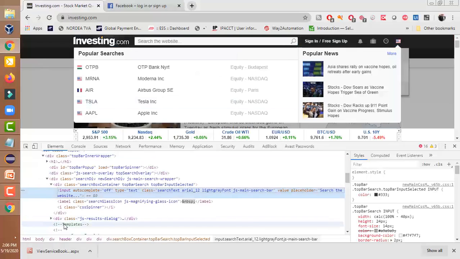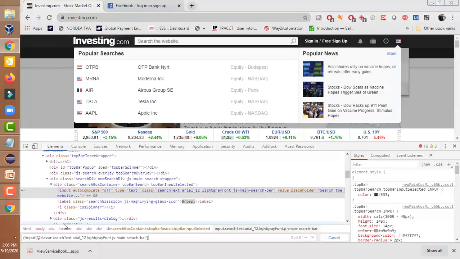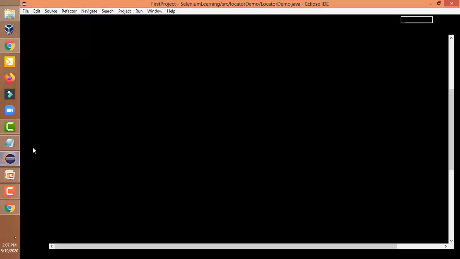Press Ctrl F, then Ctrl V. So one of one means it has found the element uniquely, so we can use this XPath. Let me show if it successfully finds this search box or not.